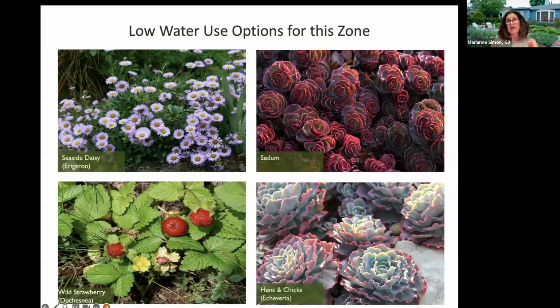Other low water use options, again, this is as we move away from the 5 feet. Succulents are a great option. They are full of water. It takes a lot of them, though, so the possibility that you would have some succulents in one area and then potentially other types of plantings. We've got our seaside daisy, which is a California native. We have a wild strawberry, so you actually have an edible. And so that we don't always have to use turf as the only option, there's lots and lots of other things that you can work with.